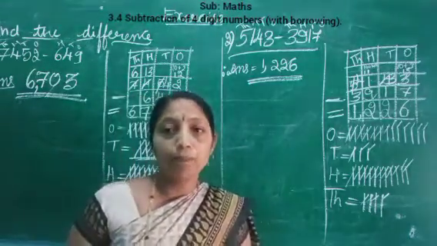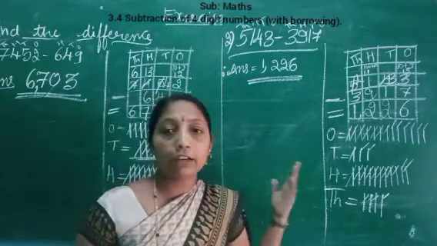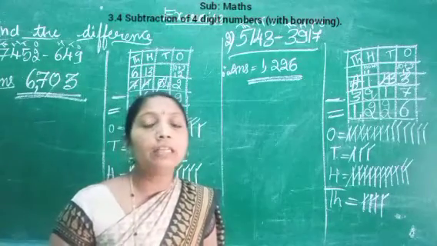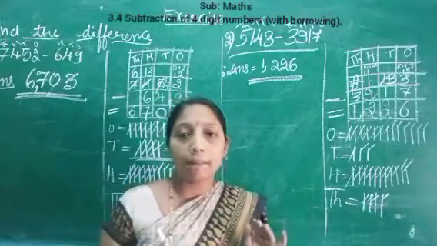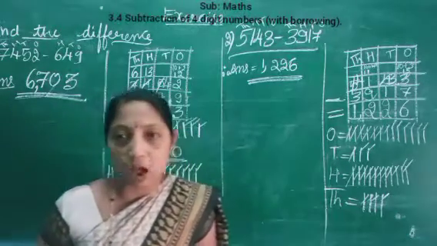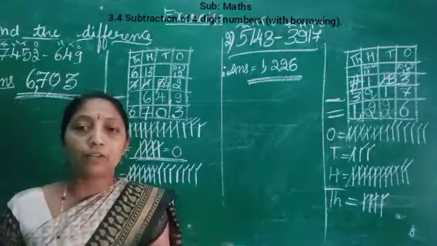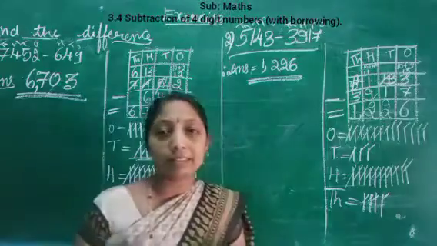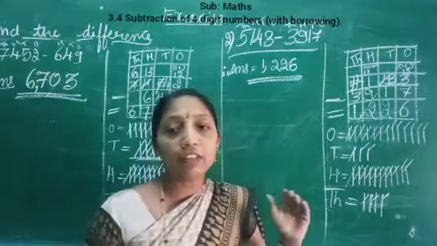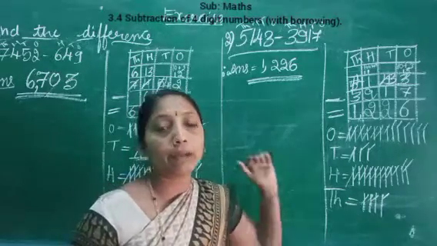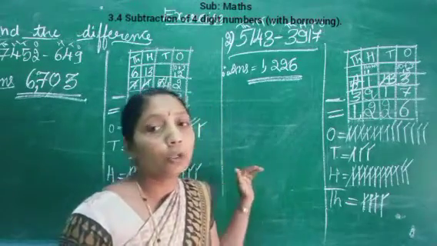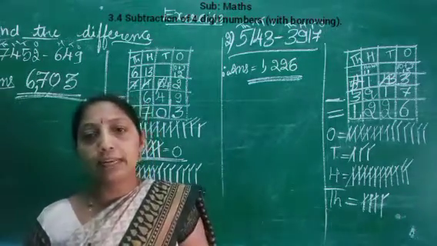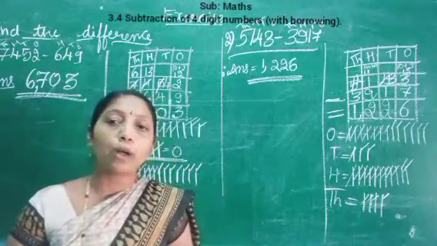Okay, children, I hope you understand better. So, if you are given numbers like this in your test or exam, first what step do you take? First we see how many digits the numbers have. It is 4 minus 2, 5 minus 3, 4 minus 4, or 4 minus 1. Next, we compare the numbers. Which number is greater? We write it first. Then which number is the smallest? You write it next. Then you write them on the place value chart. Then you subtract from ones to thousands. It is very easy. I hope you understand better.